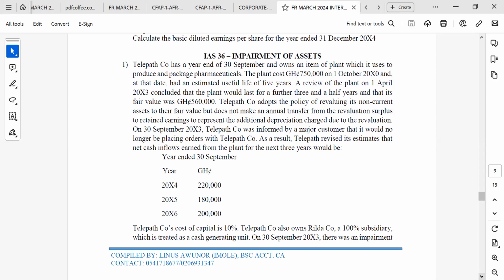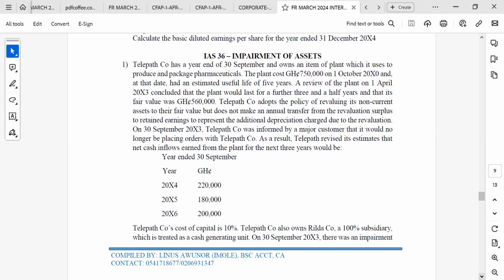The plant cost 750,000 Ghana cedis on 1st October 20X0 and at that date had an estimated useful life of 5 years. A review of the plant on 1st April 20X3 concluded that the plant will last for a further 3.5 years and that its fair value was